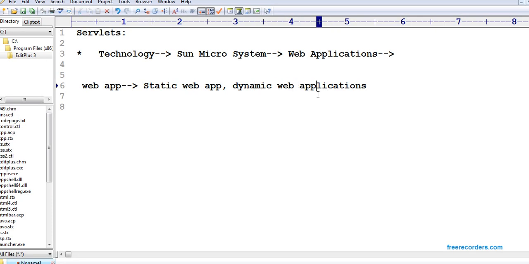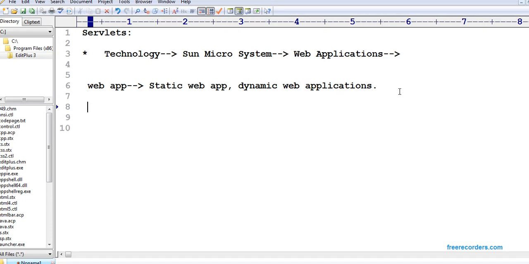If you want to develop dynamic web applications, in that case you have to go with a technology called servlets. Okay, we know that Oracle acquired Sun Microsystems, but Sun Microsystems provided servlets. Servlets was a technology given by Sun Microsystems, not by Oracle. Oracle just acquired it. That's it. Okay, fine. Now you should know one thing, that if you want to develop an application using Java,